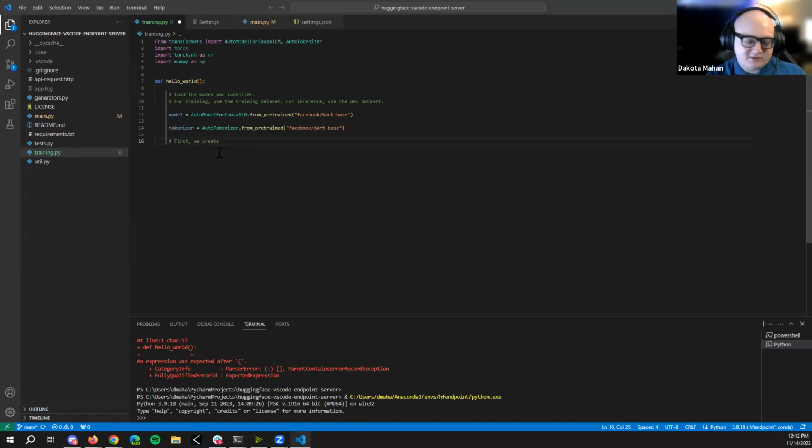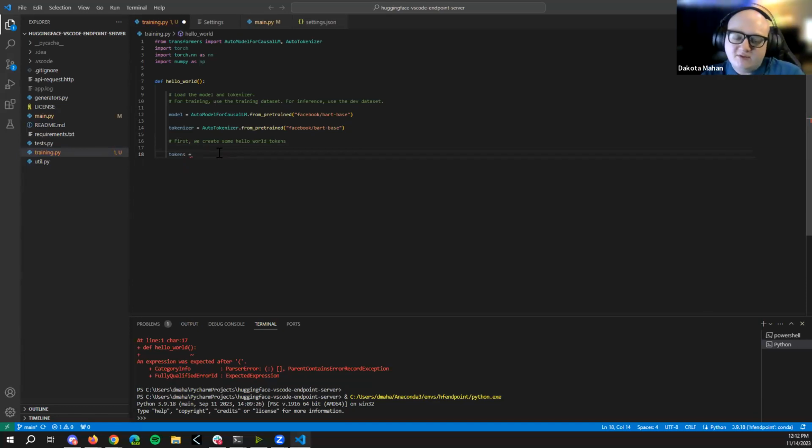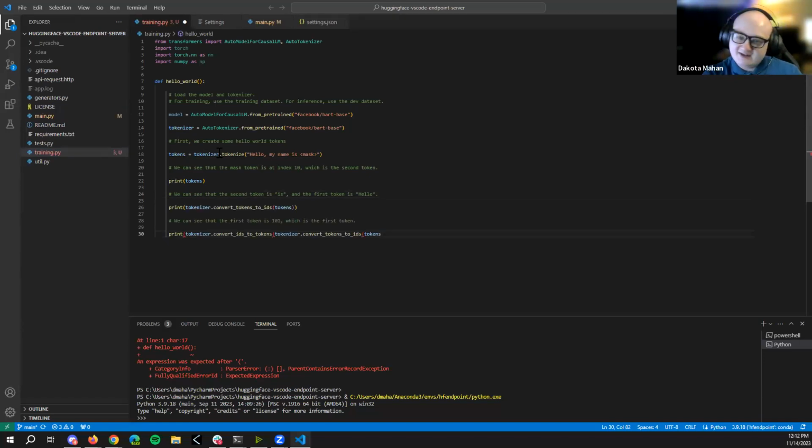So let's try to get it to create some tokens for this. Maybe if we just start with tokens equal, it'll come up with some completions here. So yeah, it'll just keep going here and do all kinds of interesting things. It sometimes gets stuck in loops and tries to do the same thing over and over again.